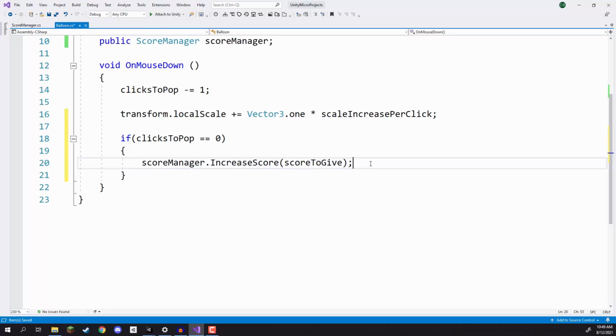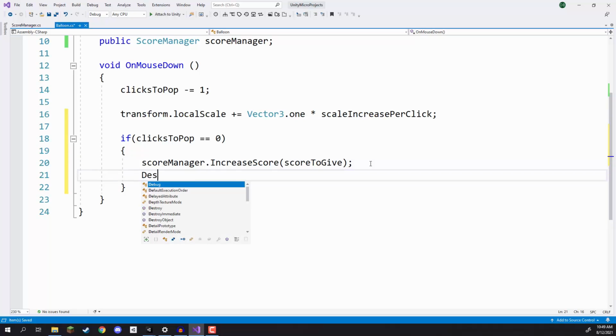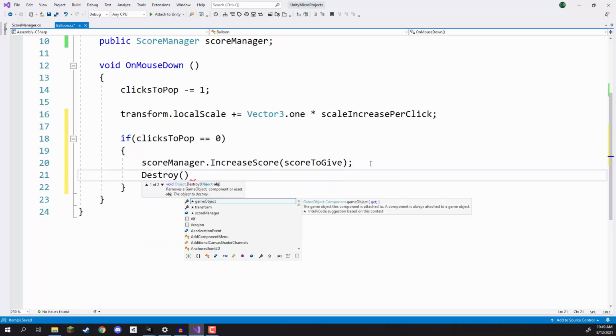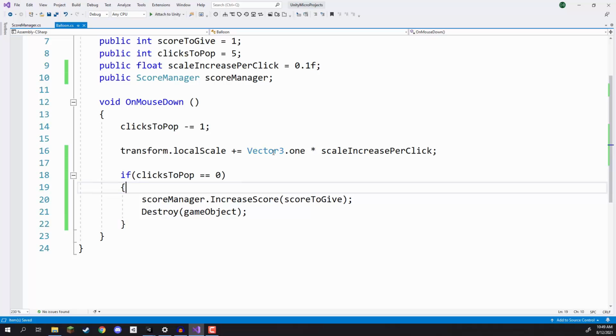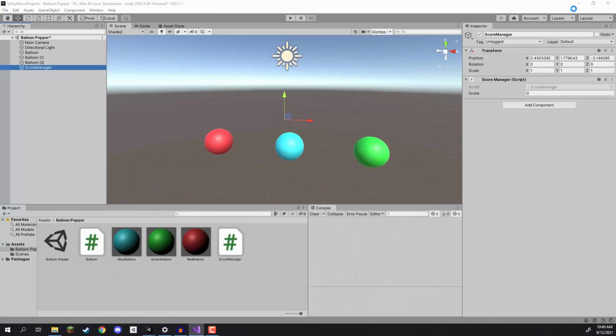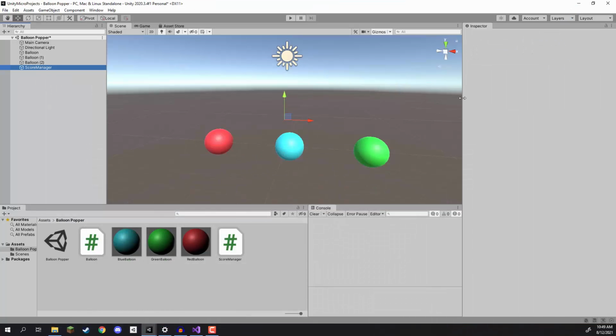So to destroy an object inside of Unity, we can just call the function Destroy, sending over the game object we want to destroy, which is going to be gameObject. Make sure it is a lowercase g, capital O, and this word right here basically refers to this game object, the game object that this script is attached to. So we can save that, we can return to Unity, and what we're going to do is